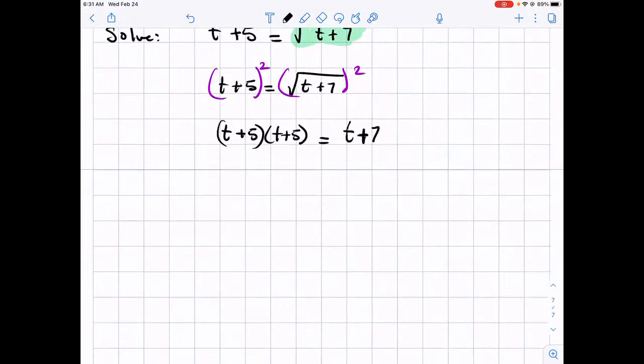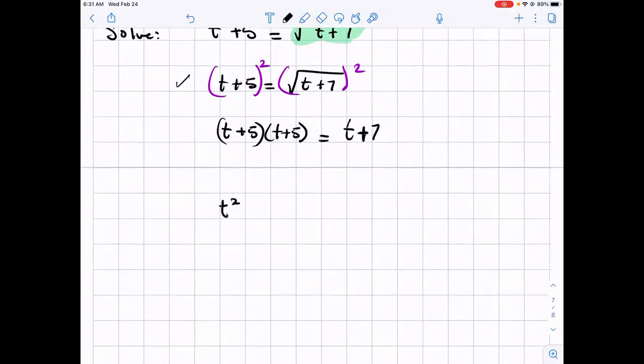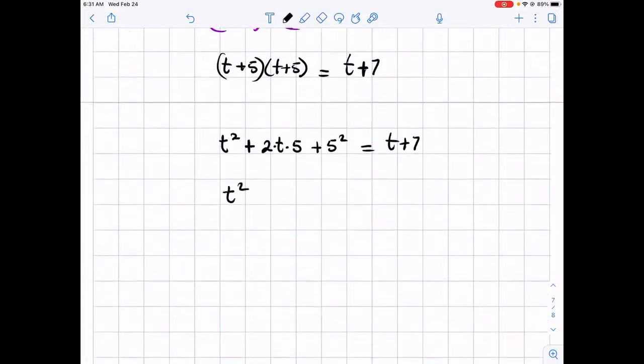Multiplying out the t plus 5, or from up here, you could use the formula, which we know it's t squared. Okay, since this is a plus, we'll have plus. You take 2 and you multiply it by t times 5. All right? And then you square the last term also. So this becomes t squared plus 10t plus 25. And you will notice, guys, if you FOIL that out, you will get the same thing. So this is equal to t plus 7,